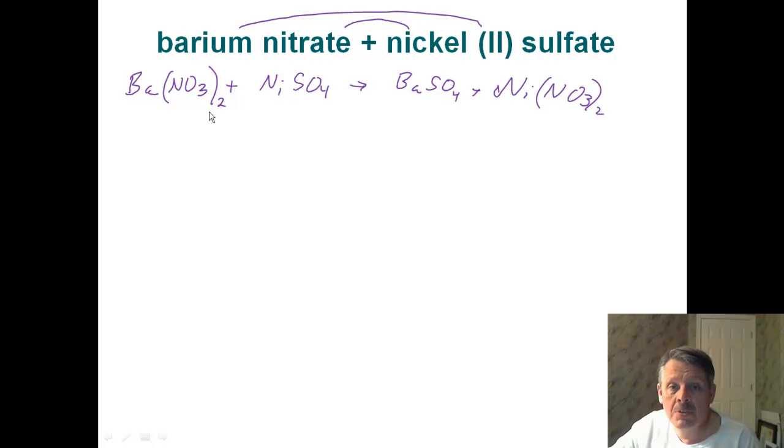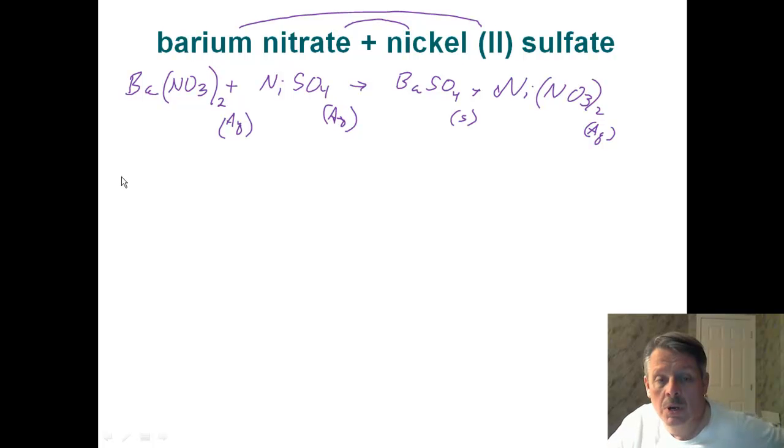I happen to know that barium nitrate is aqueous. Anything with nitrate is aqueous. And nickel sulfate is aqueous. And barium sulfate is the thing that's going to end up being a solid. And nickel nitrate is going to end up being aqueous. So what actually happens? So we're going to take this and write